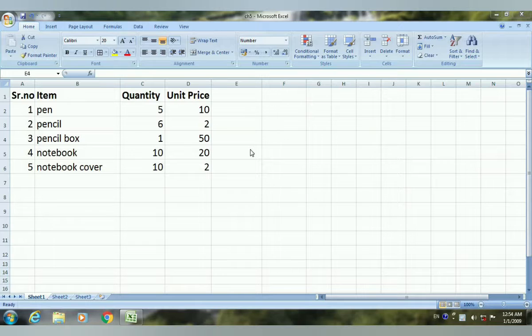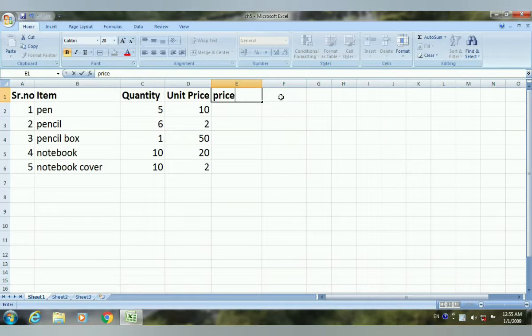So students, now we are in our Excel screen. Some of the content is already written by me. Here we are preparing the bill for the item that we have purchased. So serial number, item name, its quantity and unit price is already written. We have to find out its total price, then total amount along with the tax that we have to pay to the shopkeeper. So let's start and let's make a new column, that is price column over here.